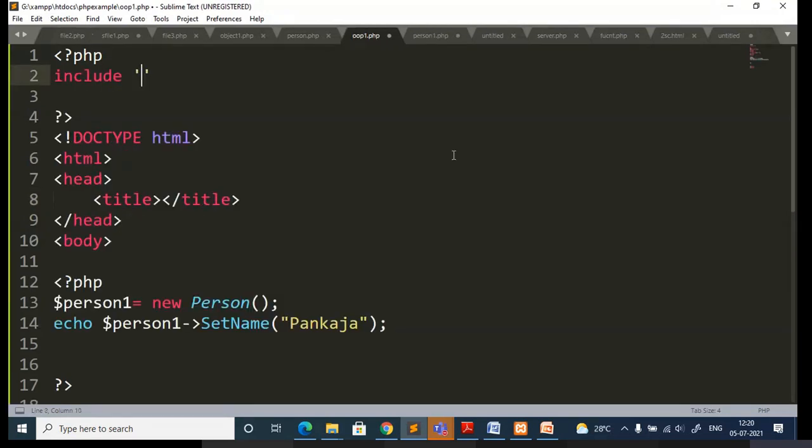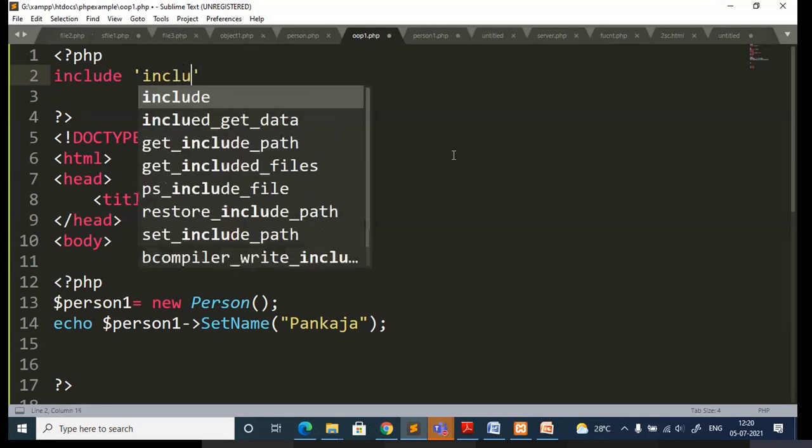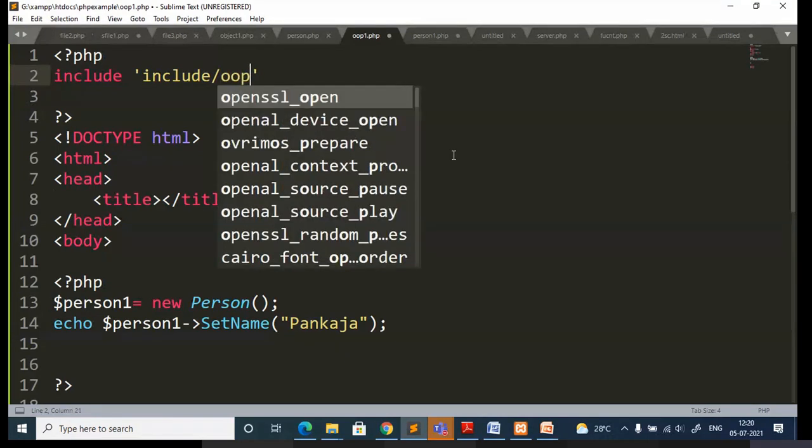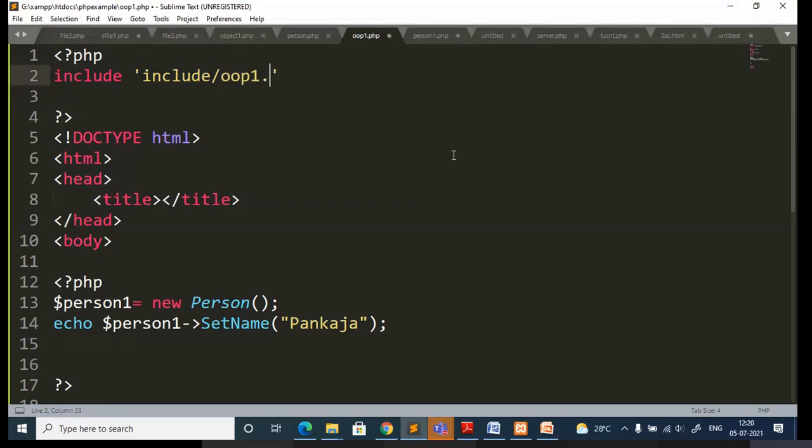Include. Now I need to give the folder name. You can give any folder name, not necessarily include. Include, and what is the file name? It is op1 dot php. So the extension is also required. Save it, then with the semicolon. That's all.